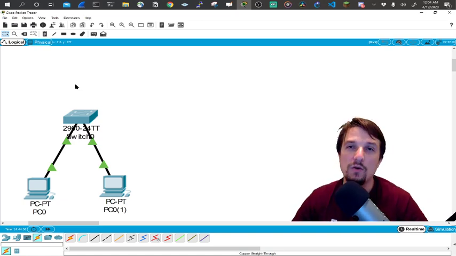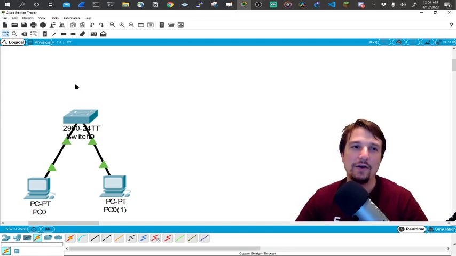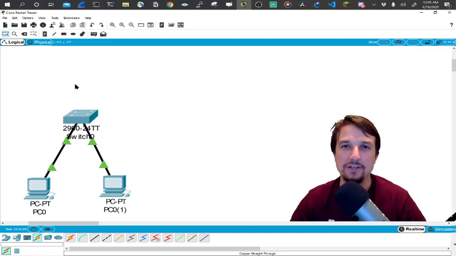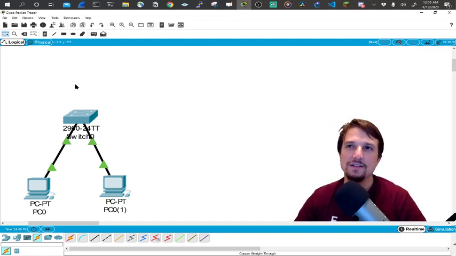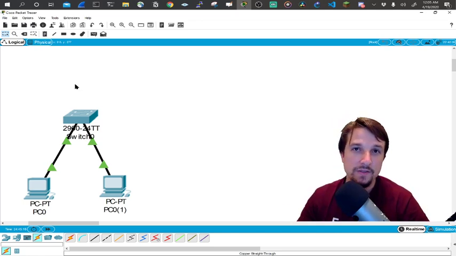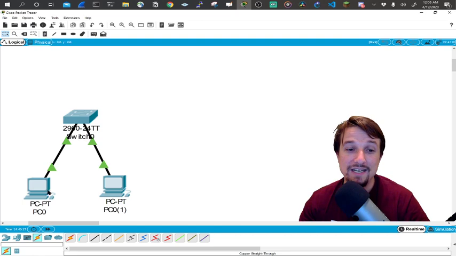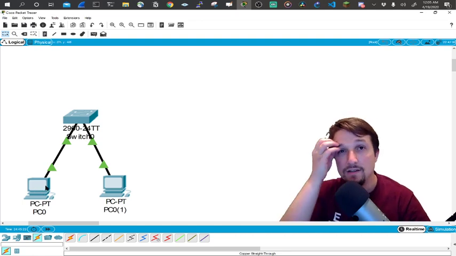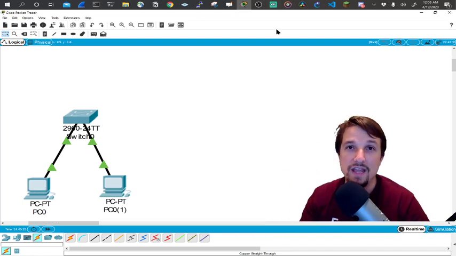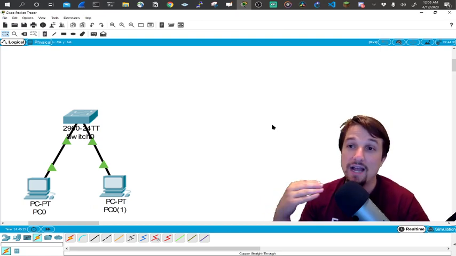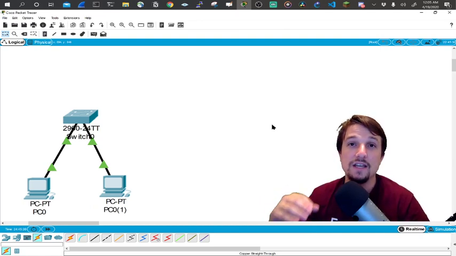I usually start with doing static IPs because I want you to feel what that's like and how it could be really not a good idea to manage static IPs on a large network because you have DHCP. So I'm going to show you this just so you get a feel for assigning an IP address and you understand what DHCP is doing automatically. So on these PCs, we're going to need to give them an IP address. And this is where a lot of people struggle with networking, and where I struggled with networking at first,